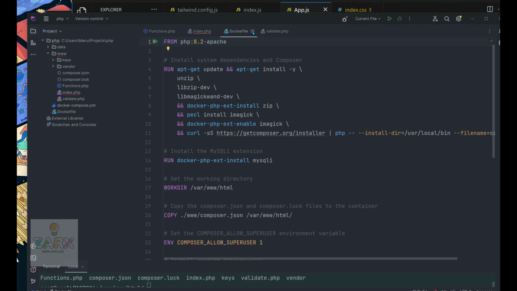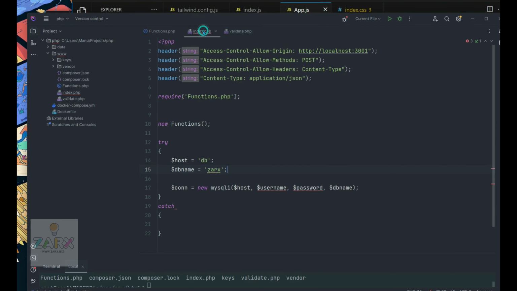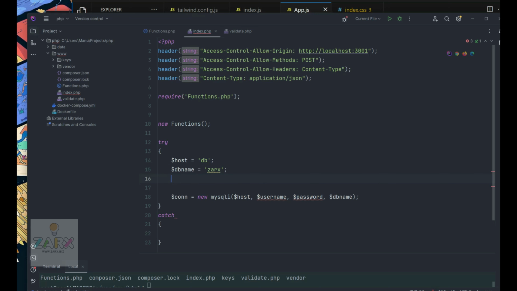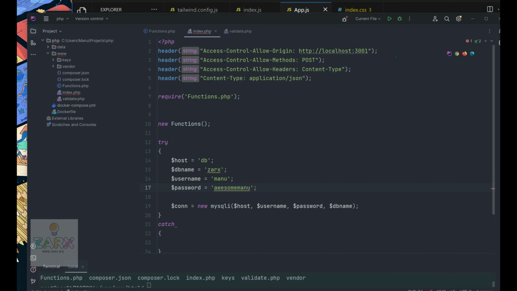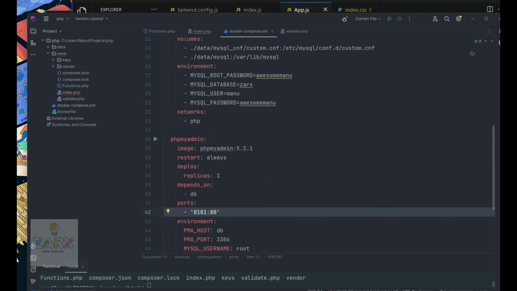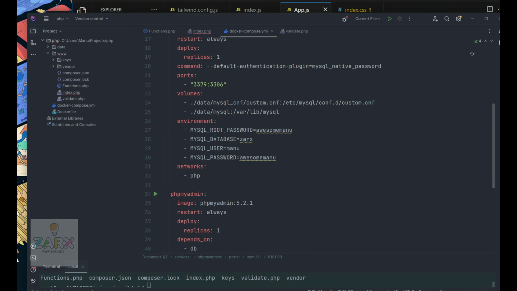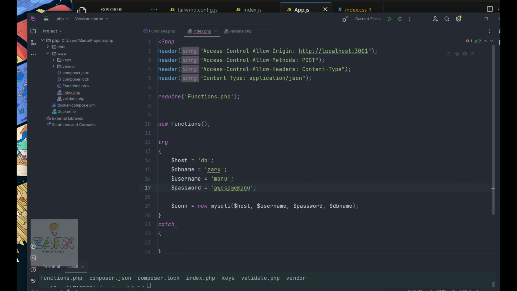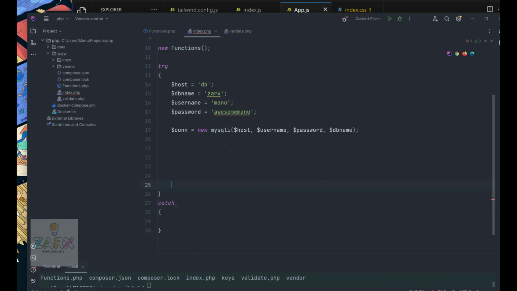Here, I close the Docker file, go to index.php. Here we have the DB name. Now you know how these are coming. Username. Now this all is coming from here. So if I go back here, you can see that the password and the username, MySQL username. So I'll close this. So these variables are now there, so connection is there. So we can do the query. So let's do the query now. It's time to get the user